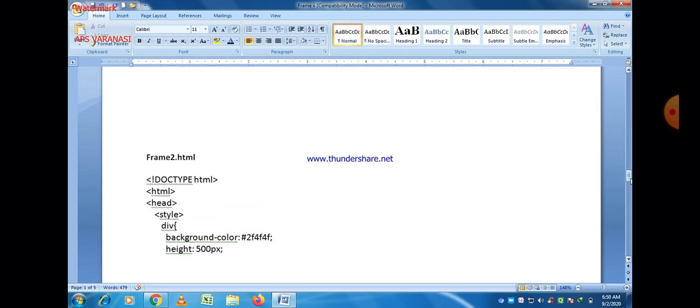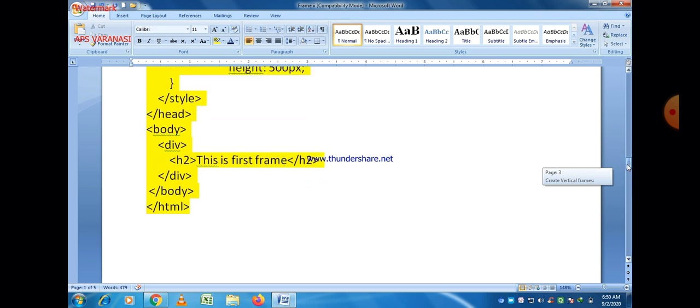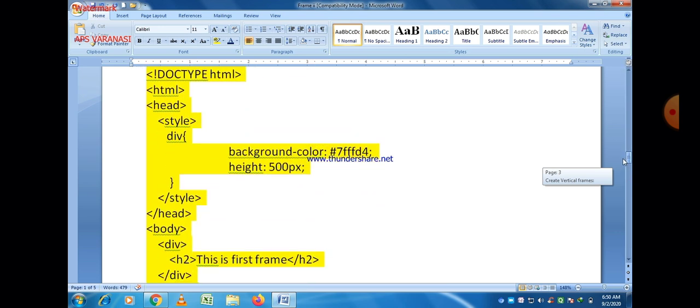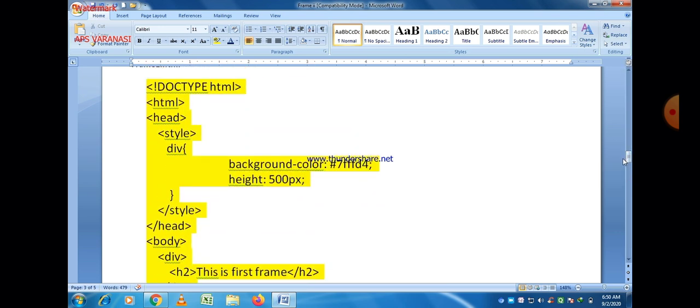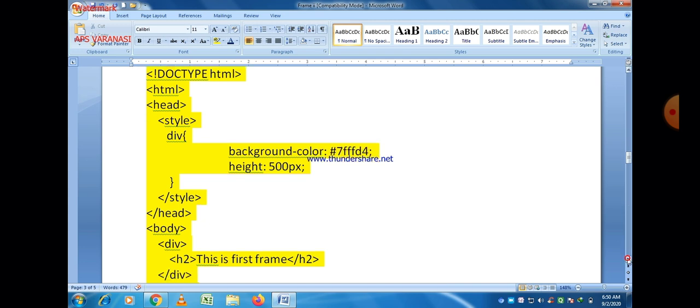So within the style tag, just mention div, the properties of the div: background color, we take a background color here in hexadecimal notation, and height is equal to 500 pixels.